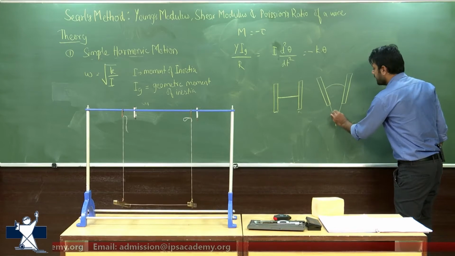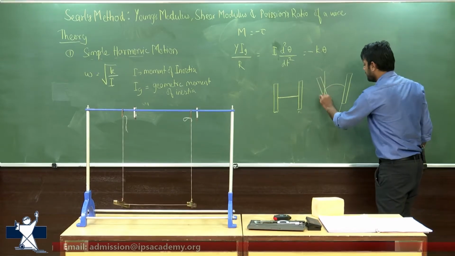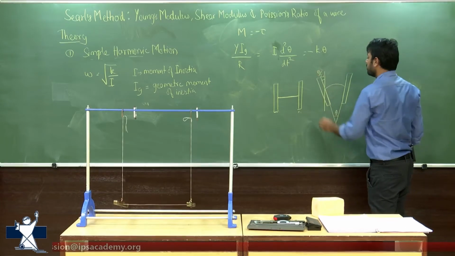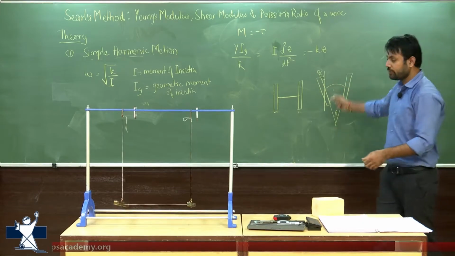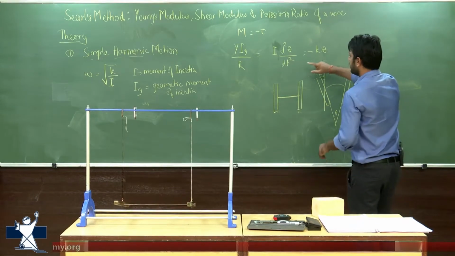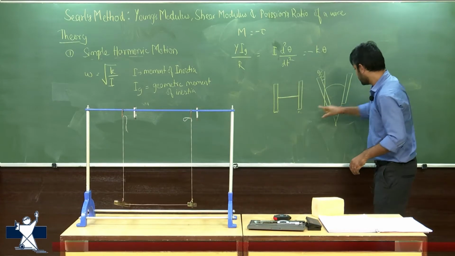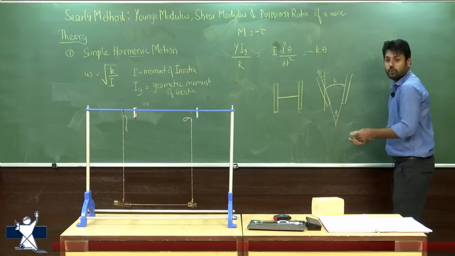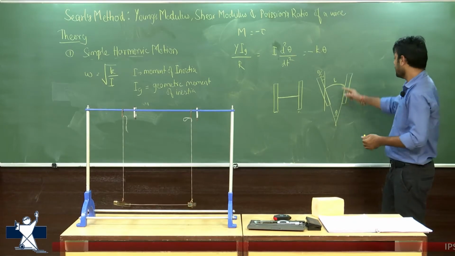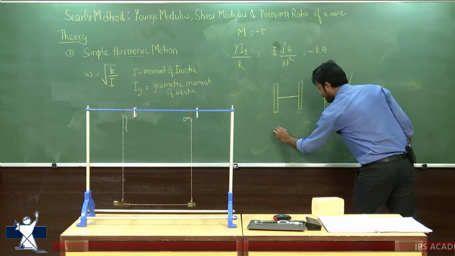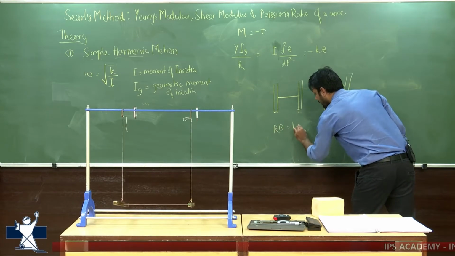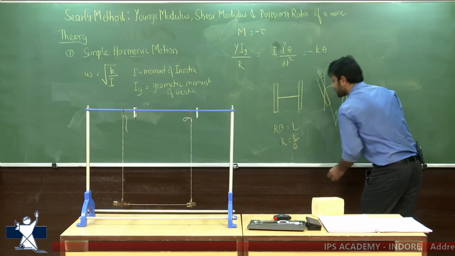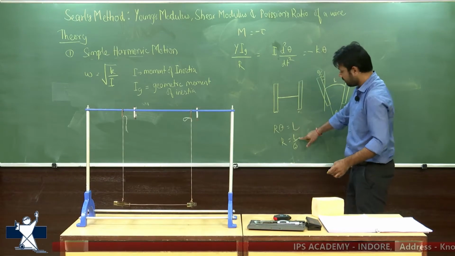And this theta is exactly the rotation that is happening, or to be more precise, this is exactly equal to theta by 2. But in case of oscillation, we can just ignore this. R equals this arc length, which is the length of the wire, divided by theta. So the formula is R into theta will be equal to L. So R equals L by theta. So I am going to replace this R here with L by theta.